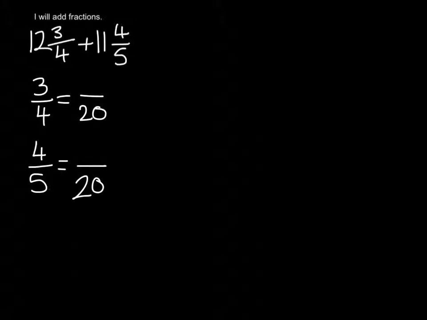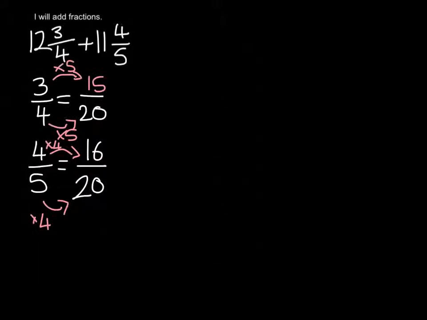There. And I know when I times that by 5, I've got 20, so I times the numerator by 5, and I've got 15 out of 20. With the 4/5, I know that if I times that by 4, and if I times the numerator by 4, then I will have 16 20ths. So now I can say that